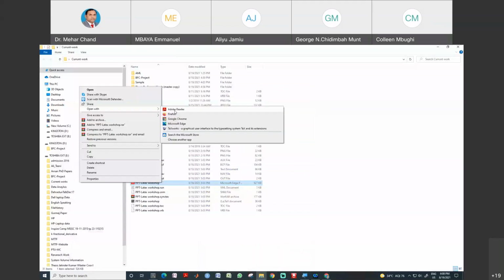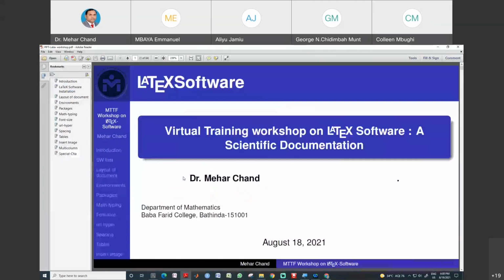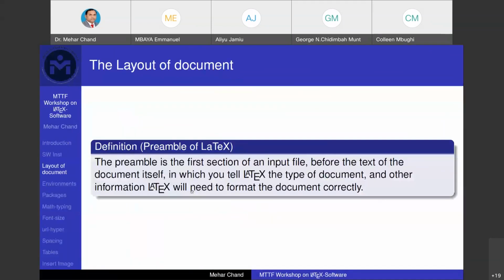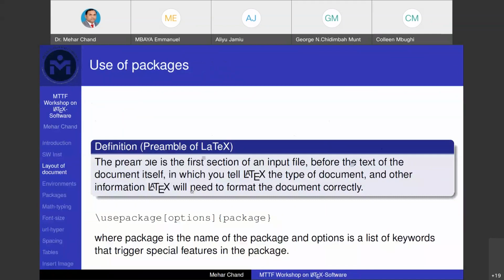And I hope all of the slides you have gone through. So yesterday we were discussing many things. Packages. We will start from this place. The packages are for alignment and issues like fake colored text.